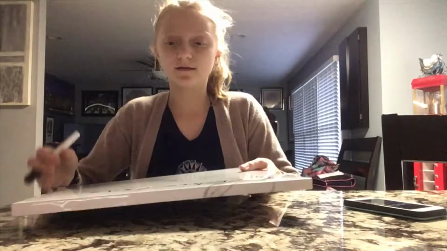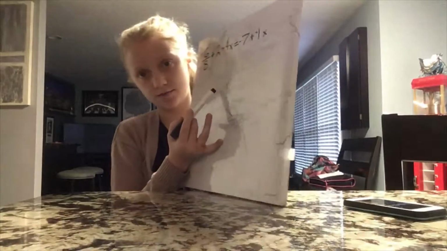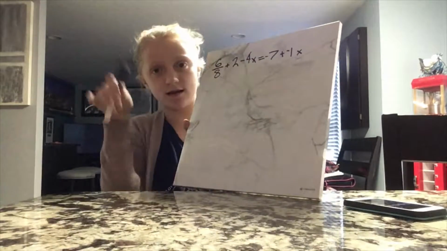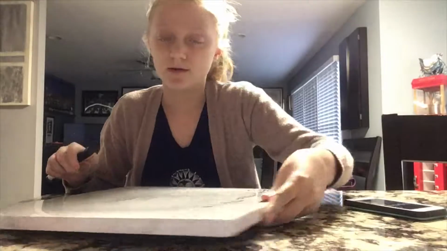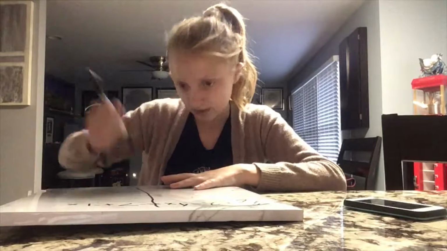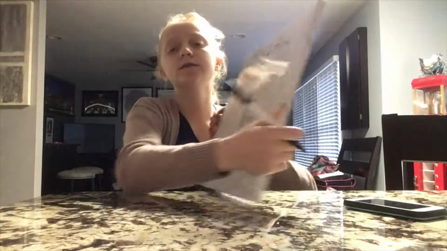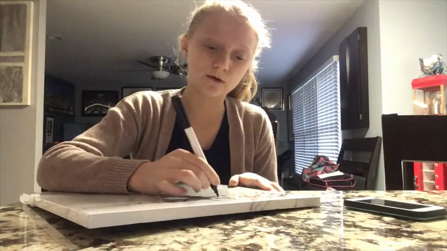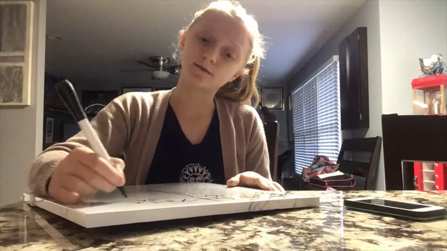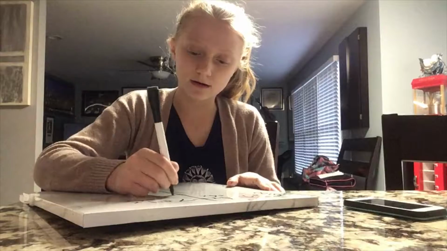Okay, so now that we have done that problem, we're going to move on to this problem. This is a little bit of a confusing problem, but we're going to check it at the end to make sure that we got it right once we finish it. So, like we do with every problem, we draw the river, and then we can just simply get rid of the x's. I'm going to do this one to that one so it can be positive. So, we're going to do plus 4x to both sides,